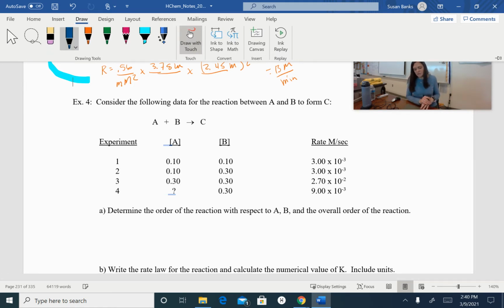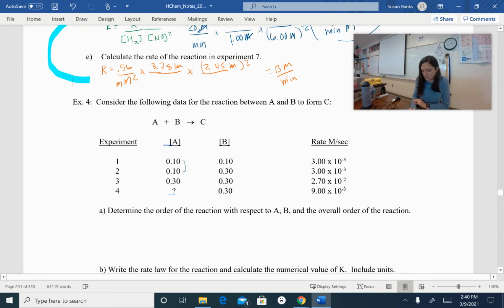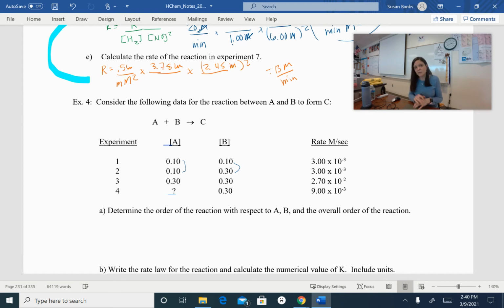We're going to consider the following data for the reaction between A and B to form C. Okay, so once again, we need to look for two trials where one of the reactants is held constant. So if we look at trials 1 and 2, the concentration of A is held constant. So that means we can look at B and figure out what is the rate order